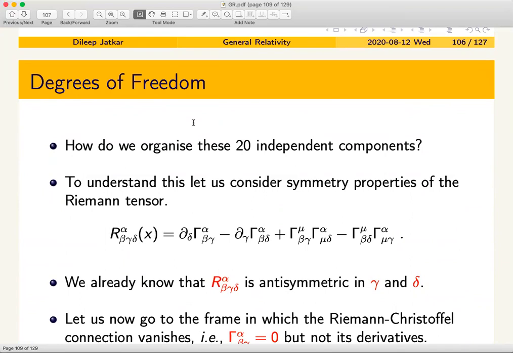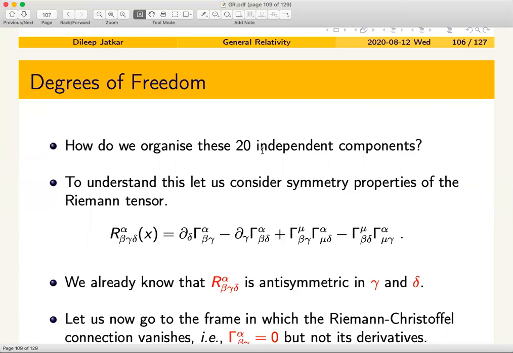And we have said one thing when we are studying tensors, that if a tensor is non-zero in one coordinate system, then it is non-zero in every other coordinate system that you can arrive at by doing coordinate transformation. So if you have 20 independent components, and you can write them in terms of certain tensorial quantities, then these components will remain non-zero no matter what coordinate system you choose. That is the reason why we would like to look at tensorial quantities.